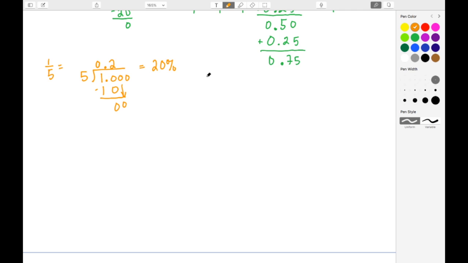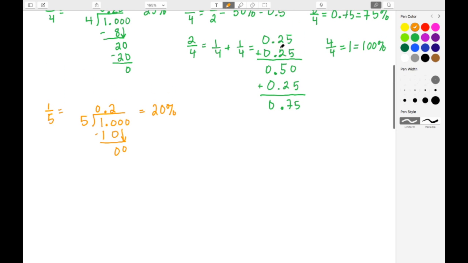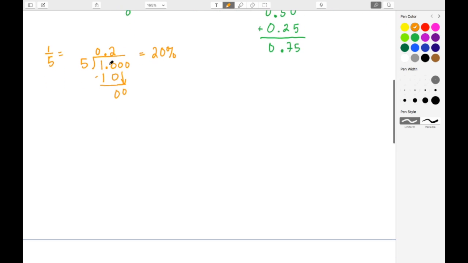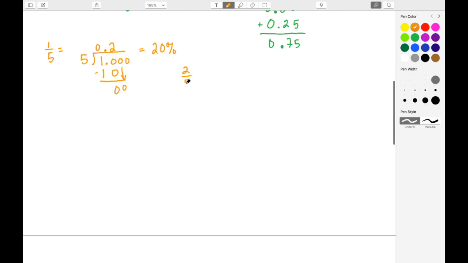And we're going to use the same methodology as we did above, where we were adding 25/100 each time. Here we're going to add 2/10 each time. So if I want to do 2/5, well, 2/5 is the same thing as 2/10 plus another 2/10, which turns out to be 4/10 or 40%. If I were to do 3/5, well, I'm already at 4/10 here for 2/5. I just add on another fifth, which is 2/10. So let me add on another 2/10 here. And this here turns into 6/10. And we know that 6/10, if we multiply that by 100, we end up getting 60%.